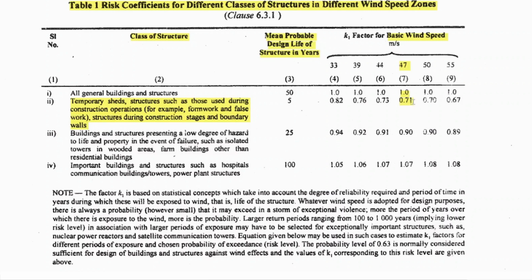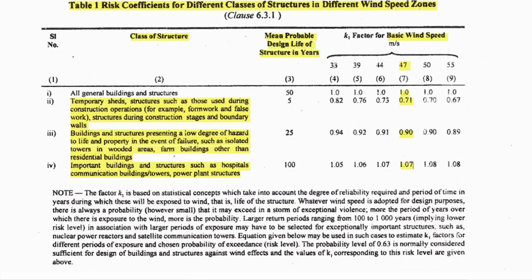If it is a building or structure presenting a low degree of hazard to life and property in the event of failure, such as an isolated tower in a wooded area or farm buildings other than residential buildings, then we're going to take 0.09. If the structure is an important building or structure, such as hospitals, communication buildings, towers, power plants, etc., then we're going to take the risk coefficient as